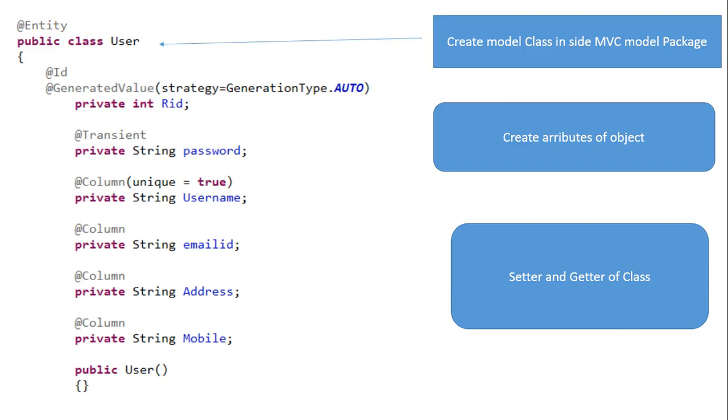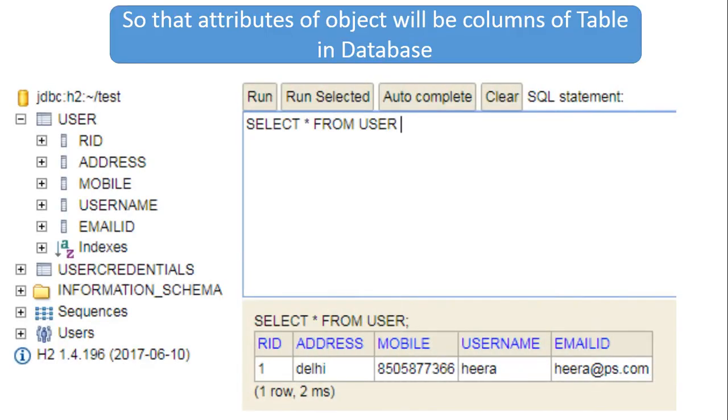by the server. Further, in the model class, for all attributes like username, email ID, and address, I have used the @Column annotation for the purpose of creating columns in the user table. I have also written the transient keyword before password. It means I do not want to store the password in the database, so we have to use the @Transient annotation in front of the password, right? I am going to start with setters and getters in the future. I will explain in the next video. So let's come to the next slide.